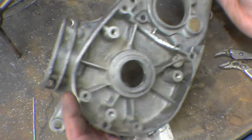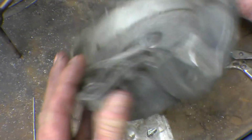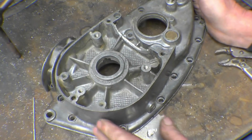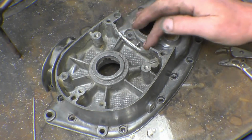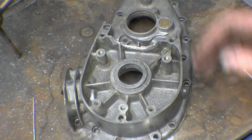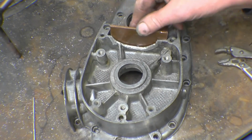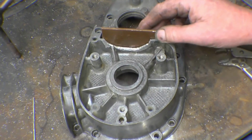This is half a crankcase of a 2-stroke motorbike engine. I think it's a BSA Bantam. What happens in these is that the chain comes off and the chain pokes a hole in there, and there's a big lump of casing missing. I've got to try and repair this, so what I do is I make a copper template like that and I